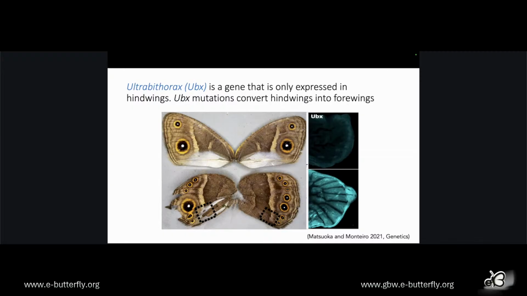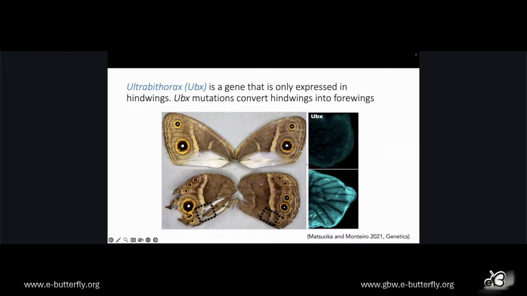And what we observed is that when we remove UBX, again with CRISPR, we can start reverting the hindwing into a forewing. So we start seeing silver scales appearing on the hindwing, which only appear normally on the forewing here. And we start seeing a big eye spot appear here that mimics the eye spot on the forewing. The wing shape is starting to change and so forth. So again, UBX here is mutated just in a mosaic fashion, but it's giving us this idea that this gene is